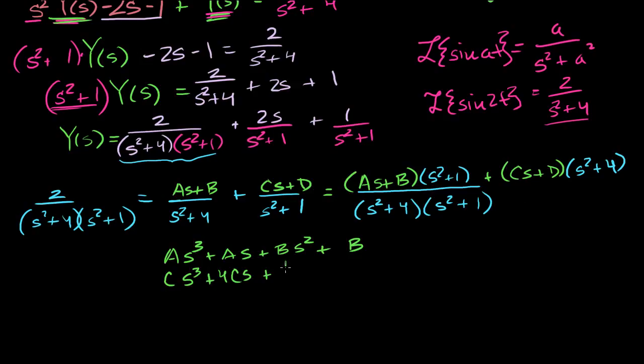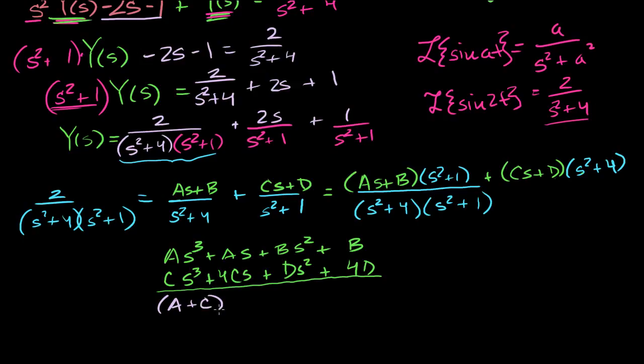So plus d s squared, that's d times that one, plus d times 4. So plus 4d. So that's all of them. And I just wrote it this way so I have the common degree terms under each other. So if I were to add the entire numerator, I get, and I'll just switch colors somewhat arbitrarily, I get